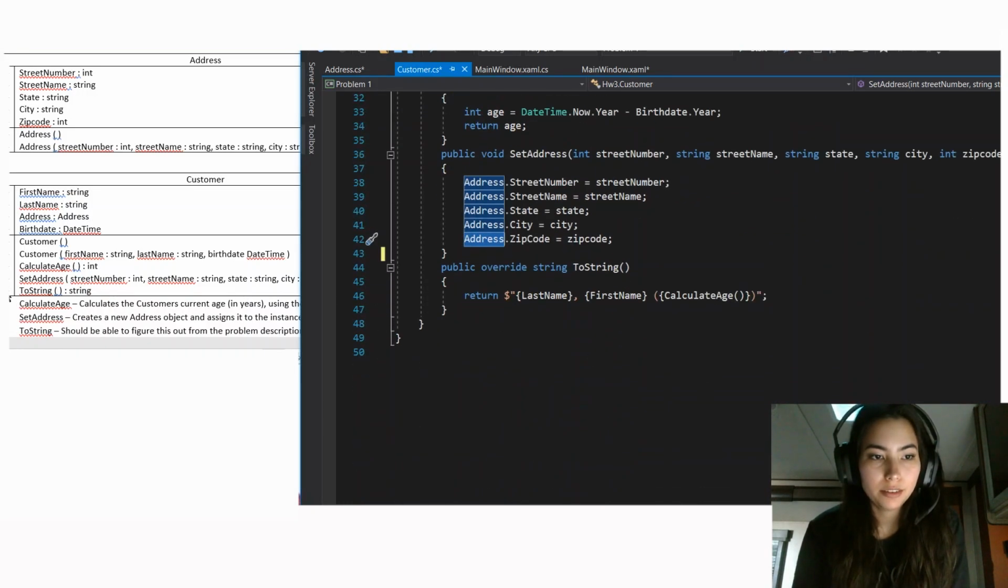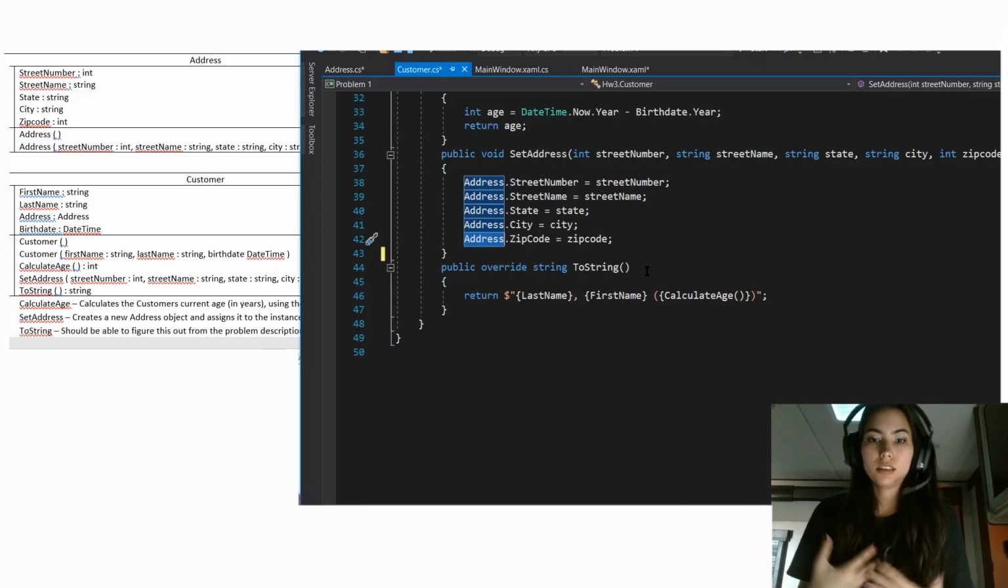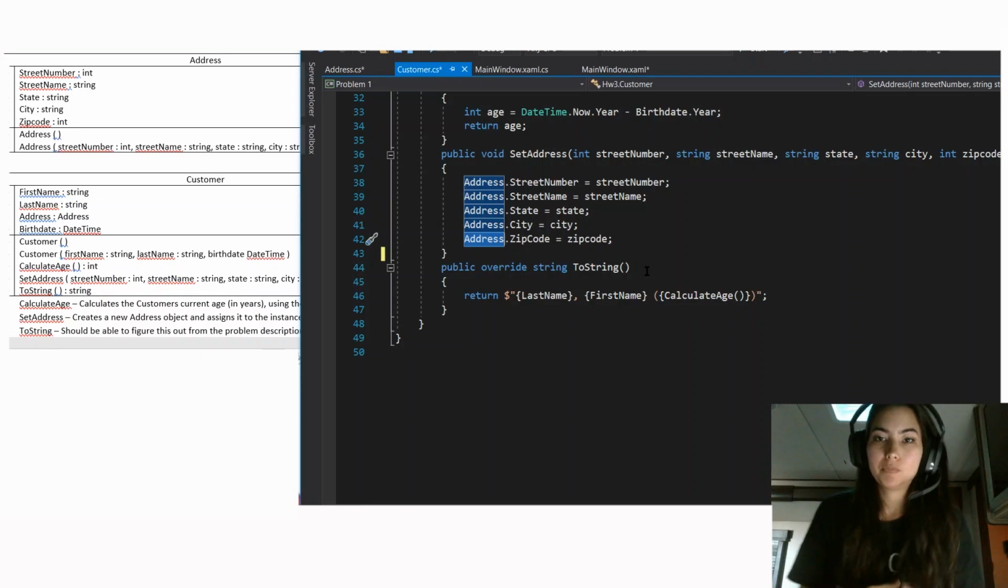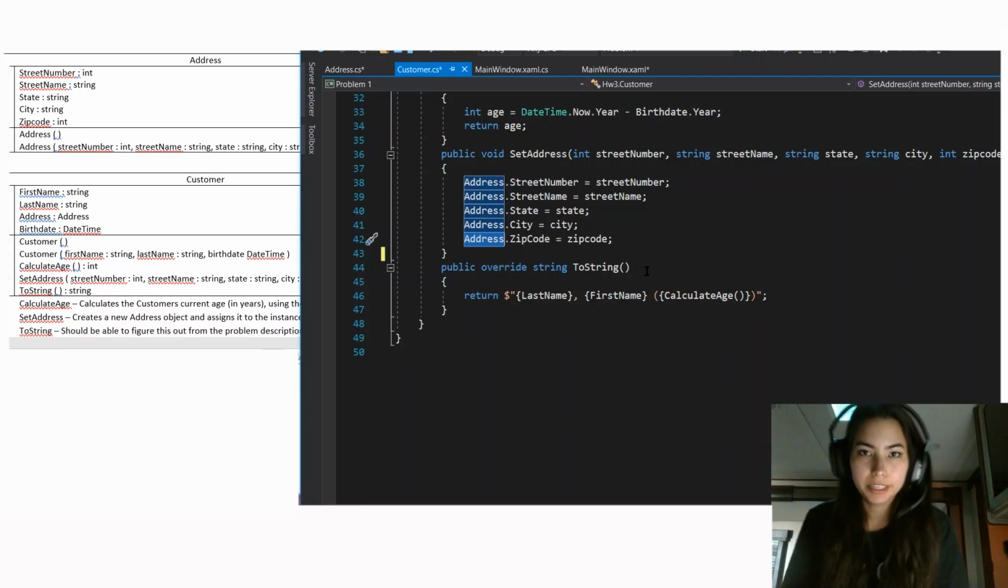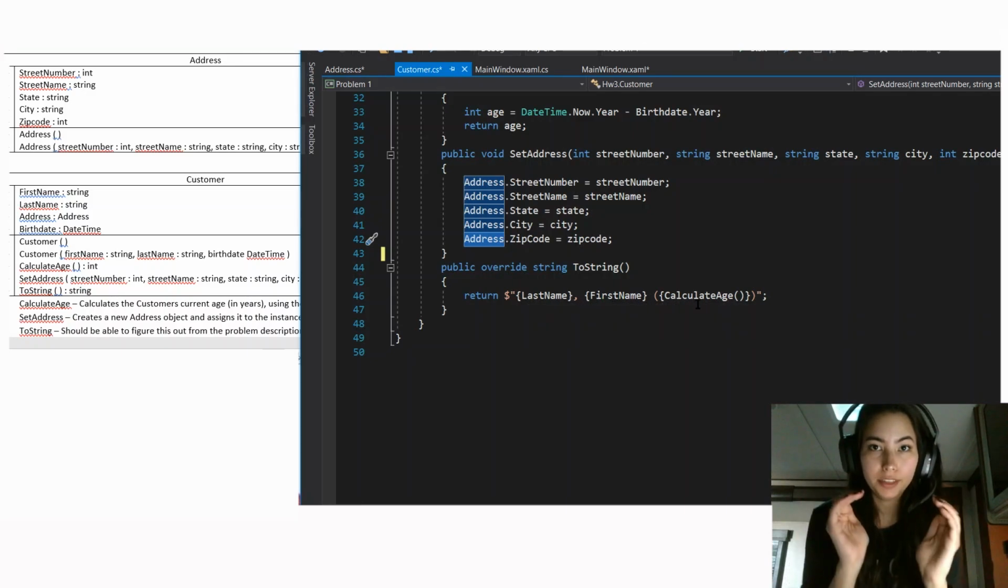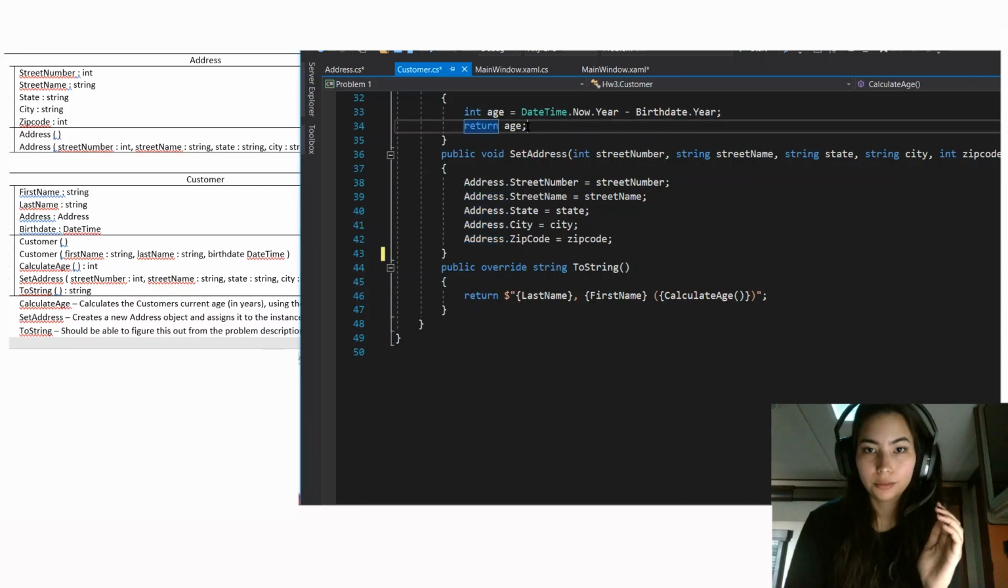And then the last one is public. It's of type string and is called toString. And this is just saying I'm returning, I'll explain this whenever I go into my main, but I am calling this method and then I am returning this string, which is last name, comma, first name, and then in parentheses, calculate age, which will be returning my